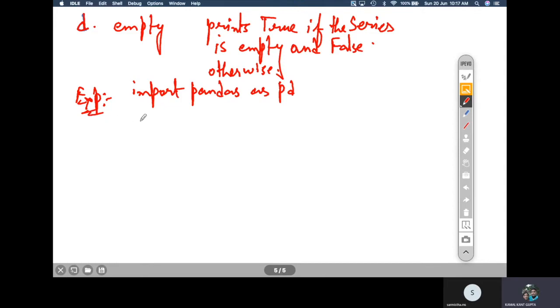In any question, if you are not writing import pandas as pd, you will be losing half marks. That is also important. So import pandas as pd, and then we write here: if I'm creating a series like x, and I'm writing pd.Series,